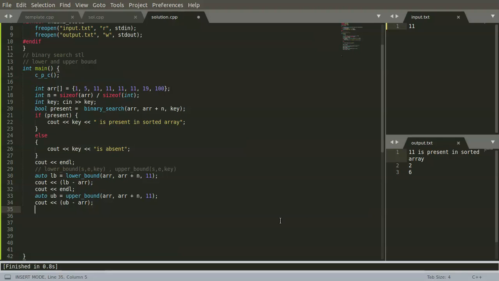So let's print with cout the frequency of 11, that is upper bound minus lower bound.